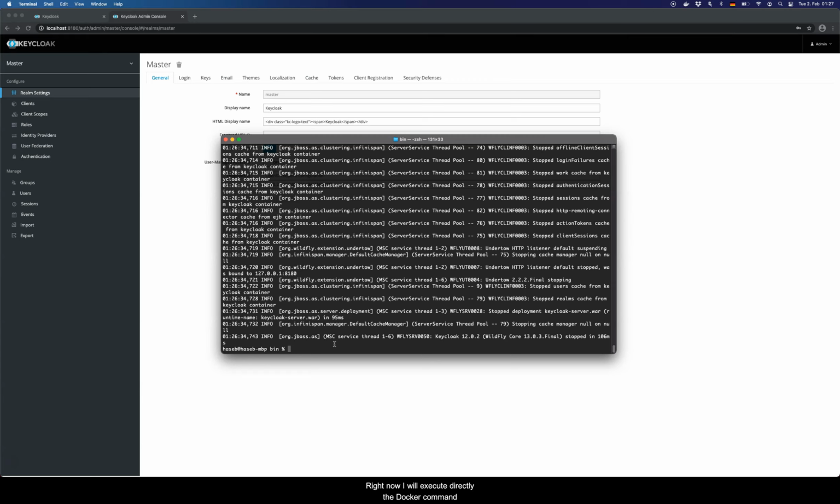Right now I will execute the Docker command directly, and I will explain the command itself so you have a basic understanding of how it works with the installation. The Docker command is docker run, and I want an interactive container so that I can get into a bash or sh session, and I want my container to be mapped to port 8080 of my host machine,